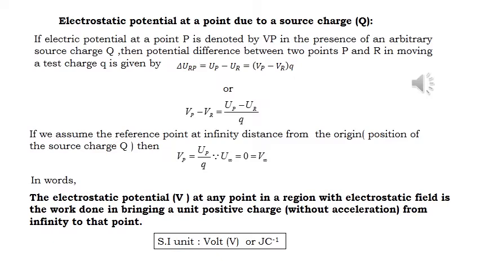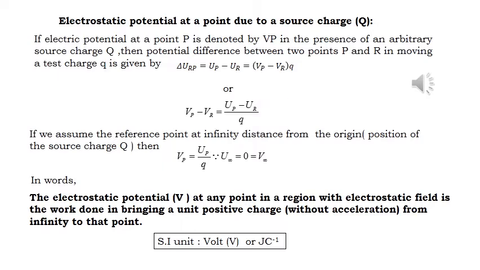If the electric potential at a point P is denoted by V_P in the presence of an arbitrary source charge Q, then for moving a test charge q, the change in potential energy delta U_RP is equal to U_P minus U_R. We had already discussed this, but U_P minus U_R is written in terms of the product of the test charge and the